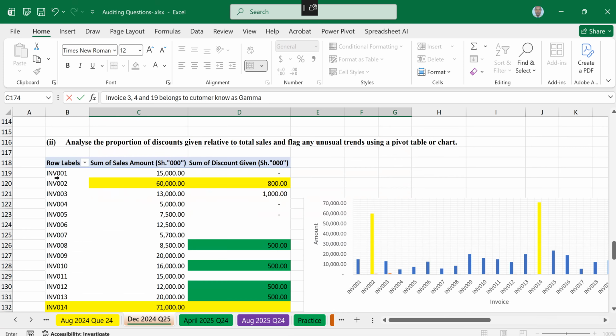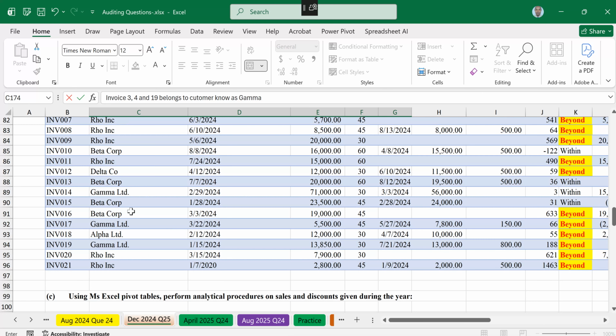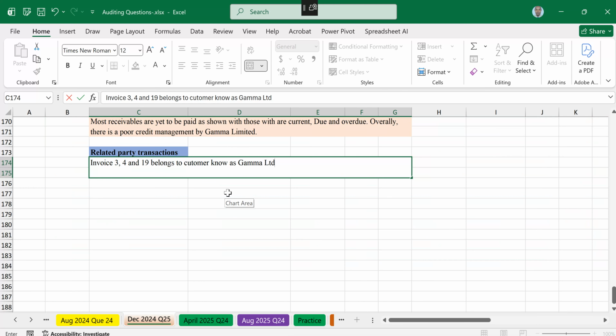Let me confirm again, Gamma Limited, a customer known as Gamma Limited, which happens to be the name of the company as well, the name of the business and audit. Full stop. So this shows some related party transactions,